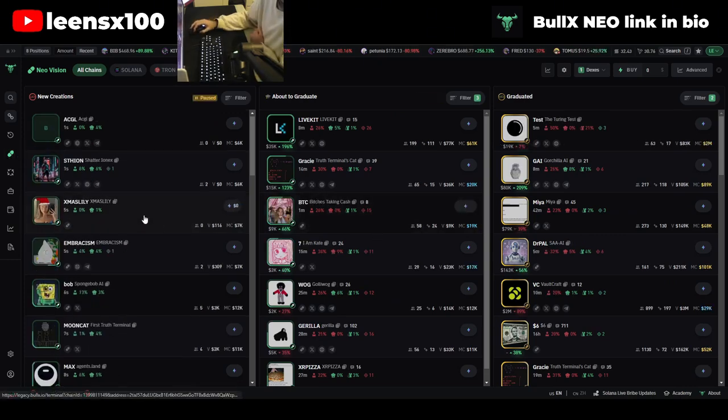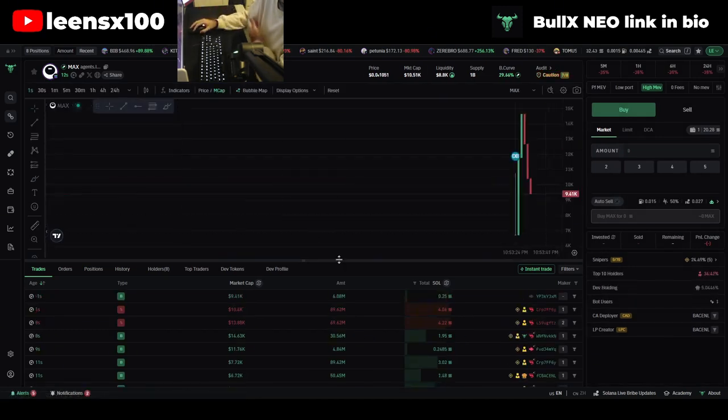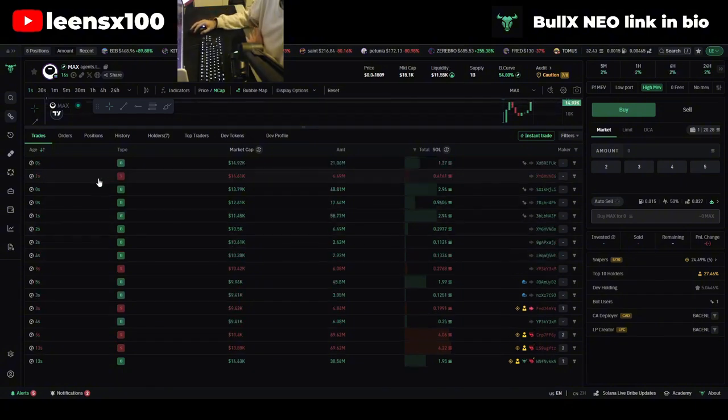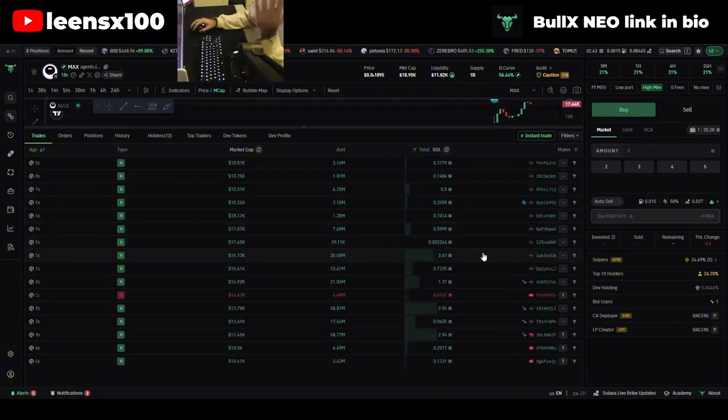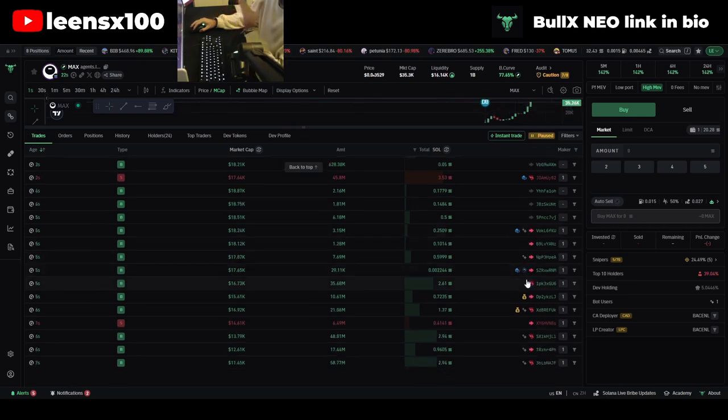Let's go to a coin that has some sort of volume. For example, this one, 14K market cap, there's been some buys, some sells. And we can see many different things right here. We have the trading section. Obviously, that's normal. They added it again on BullX Neo. They took out the little logos of other bots, but now you can see as well, they're buying from Trojan, they're buying from Photon, they're buying from Soul Trading Bot. So that's really useful because